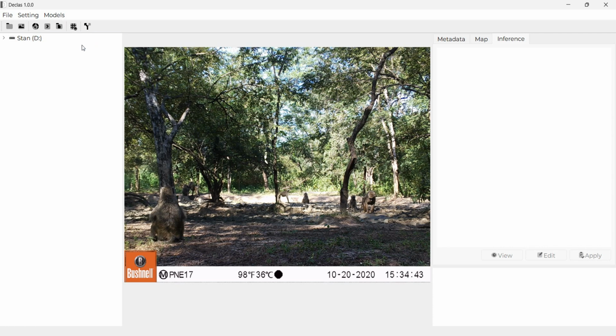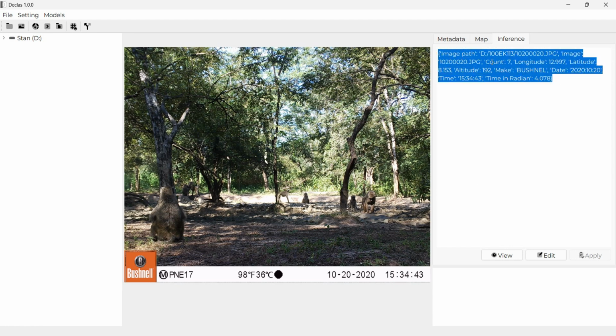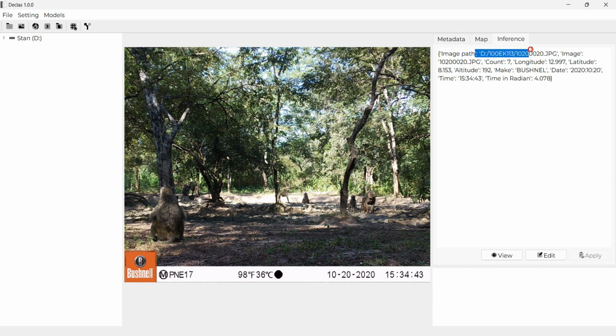Now we need to click on this icon, run single image. Once we click, you can see this message that lets you know the processing is running. Note that the speed depends on your computer capacity and also on the model you are using. We have our output: the image path, the image name, and the count.